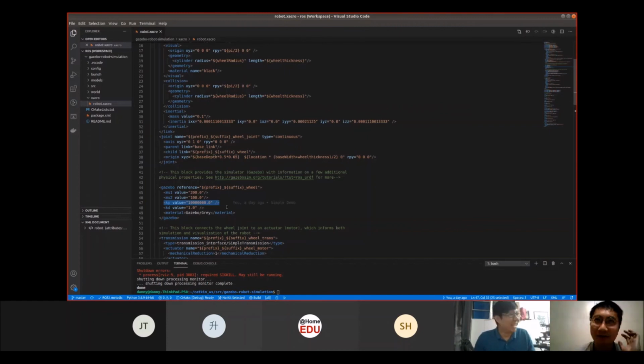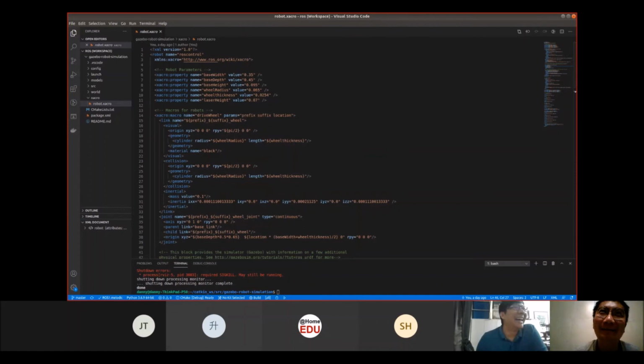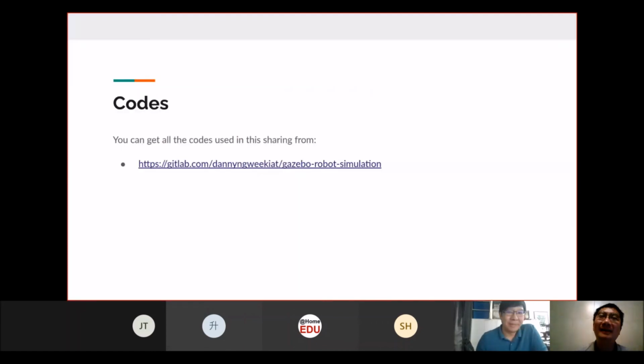Okay, something maybe a quite stupid question. Do you know what is the dynamic engine of Gazebo? Oh, this one I'm not sure. Okay, right. Maybe you can check, but I think the dynamic engine will determine how good we can do the simulation in the particular system, I guess.